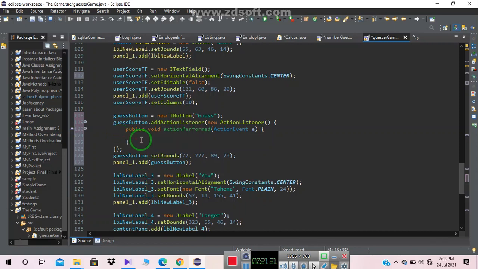Okay, so let's continue. Now we want a target number. That target will be a random number. Then we also want a computer's choice. The computer has to also choose a number between 0 and 9. So this one is a random number, so you have to declare a random number. So let's say int computerChoice